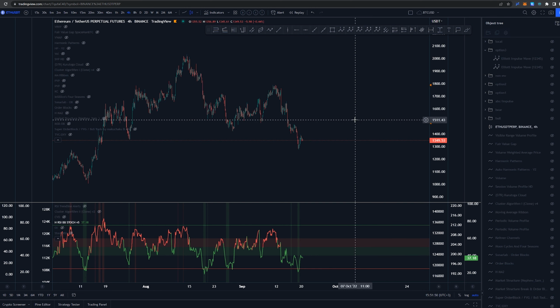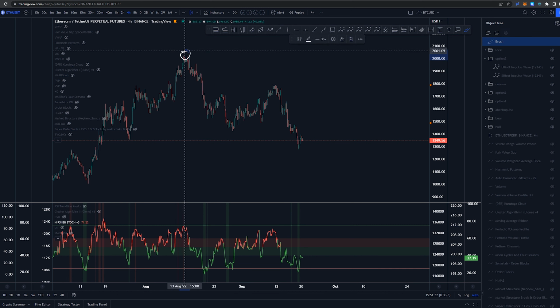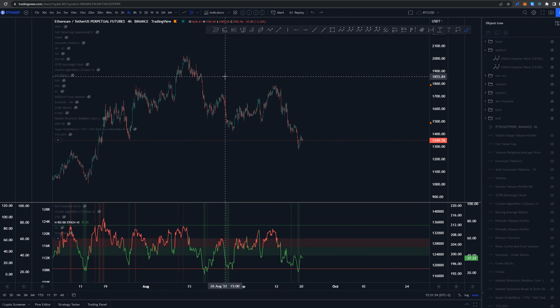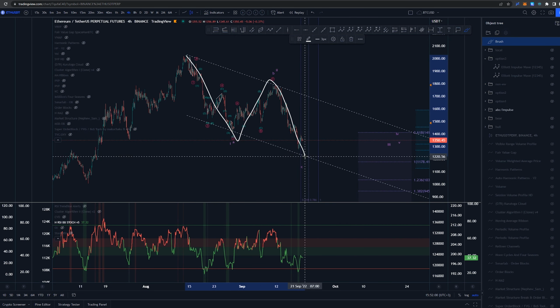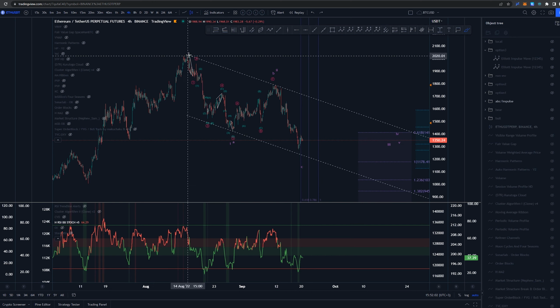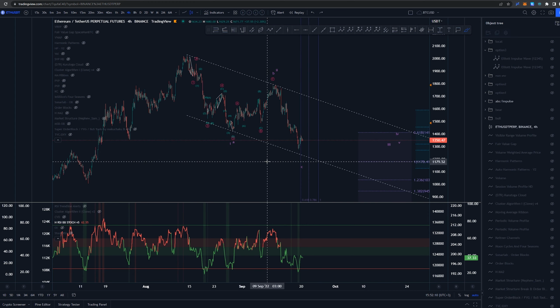Starting here on the 4-hour time frame this time and looking at the count starting from up here at the 2k highs. Since then we had this idea as the main idea, having this as an ABC coming down. Now I've drawn this channel that you can draw as well. It is pivoted again from the start to the end of wave B and back to wave A to